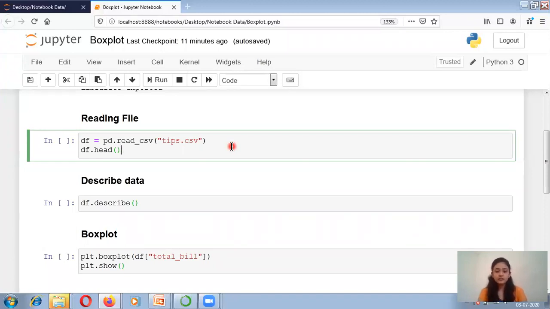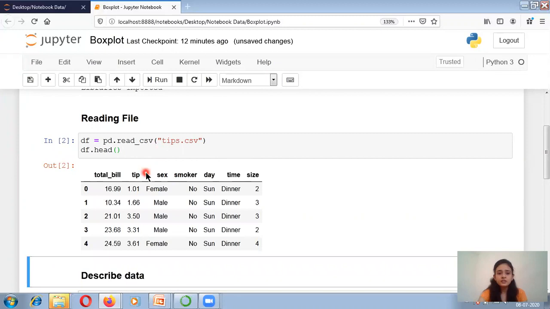I have already provided this tips dataset in your shared drive, so you can get this dataset from there. So what is this tips dataset? Let's look. This is how my tips dataset looks. This tips dataset is related to a restaurant in foreign countries, in shopping malls, and one waiter has identified how many tips he is collecting. He has visualized and analyzed this for 2 to 3 months. Based on that, this dataset is formed.